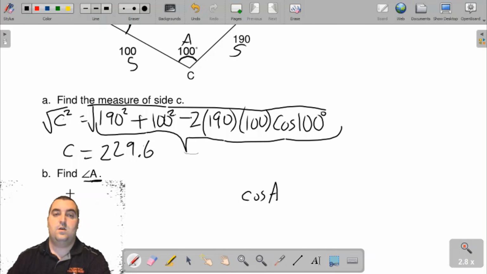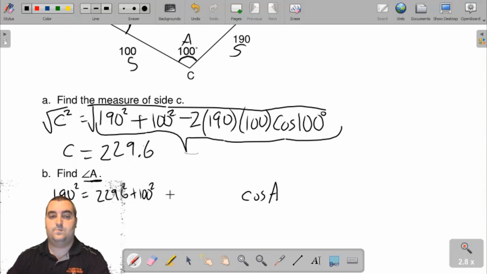So we're going to do a squared, so a was 190, equals the 229.6 squared for c, and then b was 100, and then minus 2 times